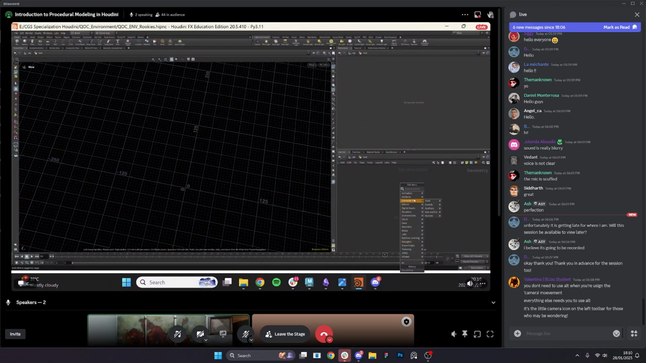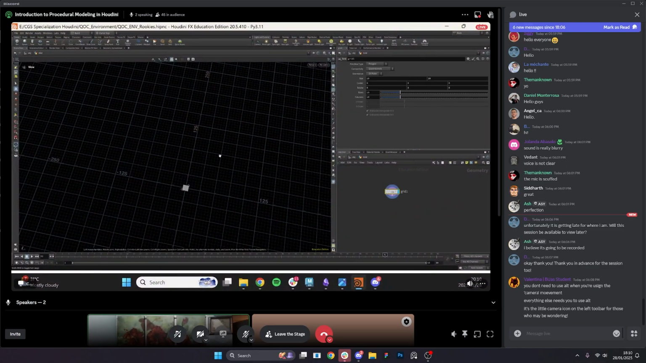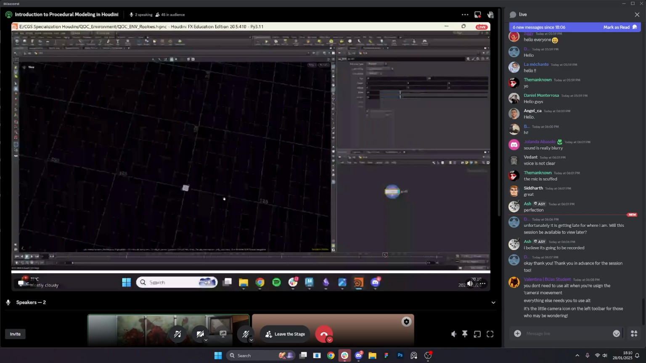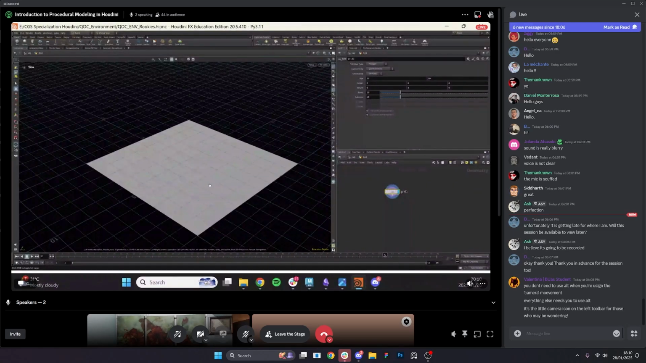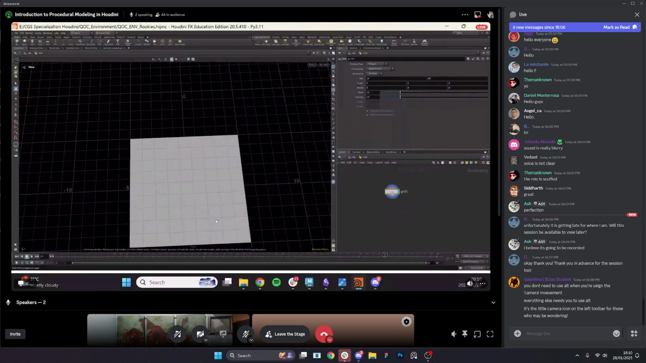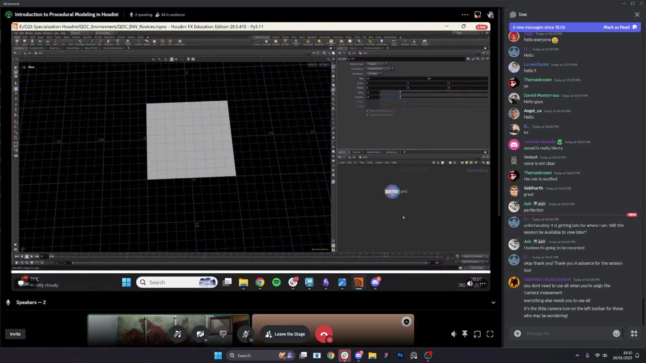You can hover over these menus. I typically type. So we're going to start with a grid. To frame things, I use spacebar and G. So yeah, we start with a grid. From there,